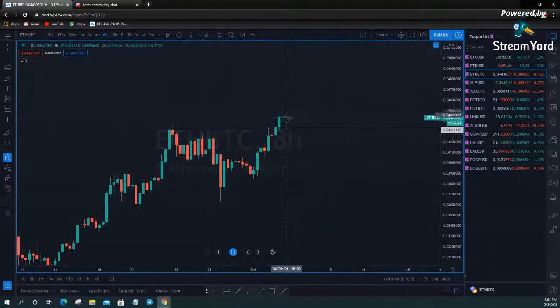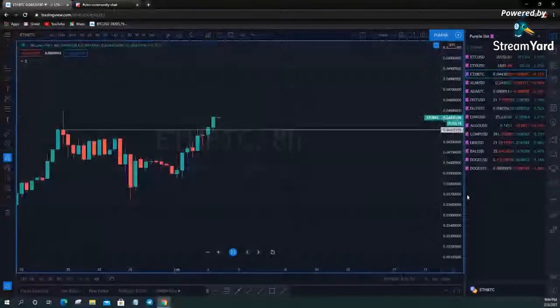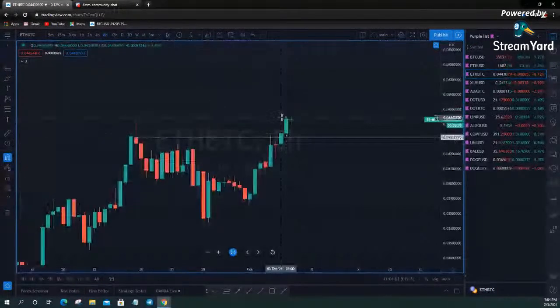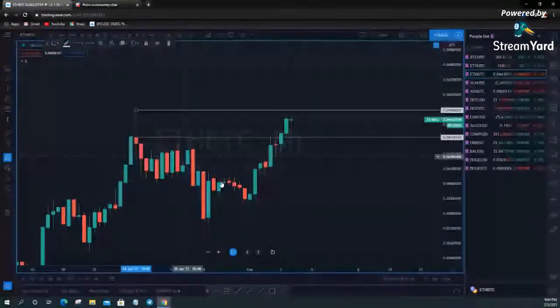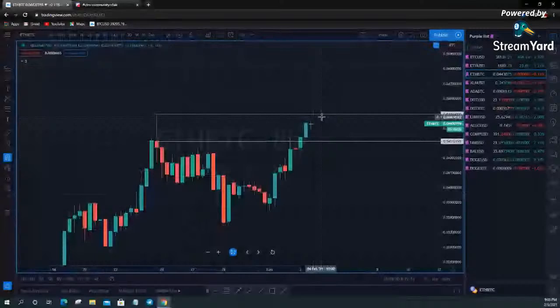We have breaking out above that. We retested it on this 8-hour candle perfectly. Absolutely beautiful. And then we moved up higher. We are targeting this high here at 0.04493. All right. So this would be a good area to look for a support test